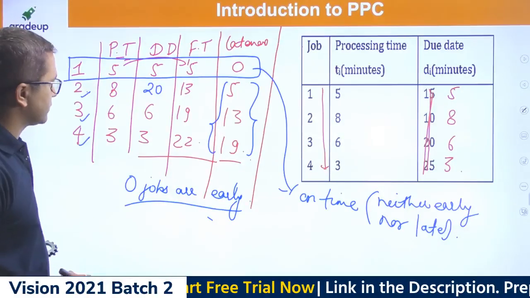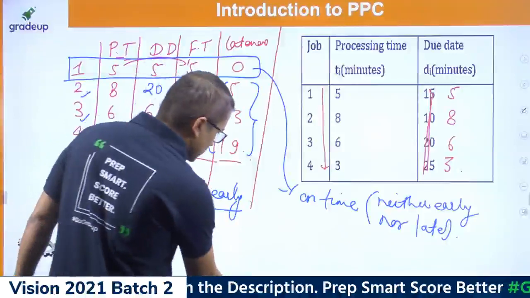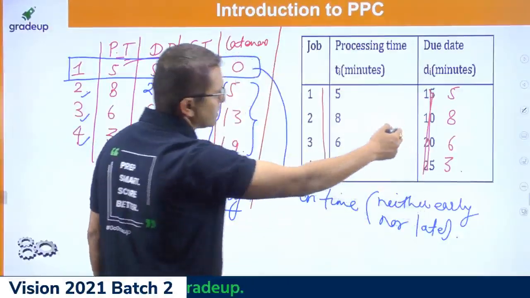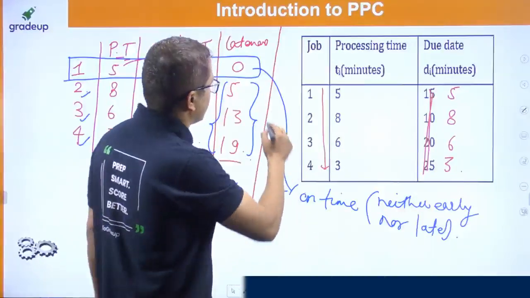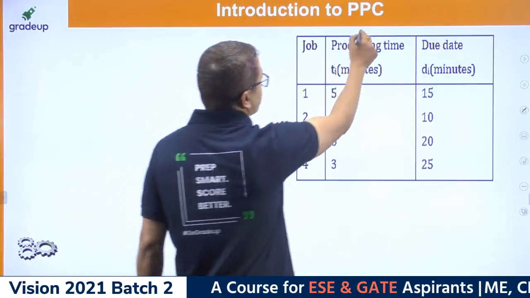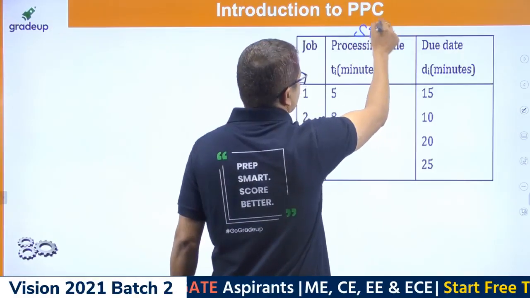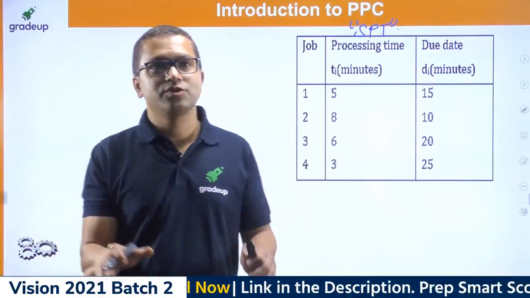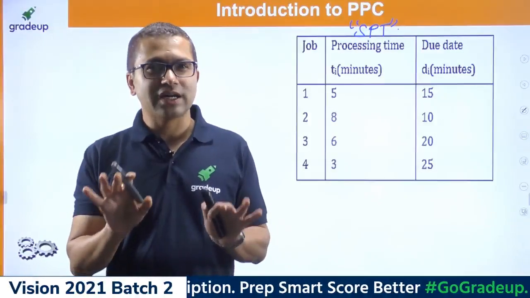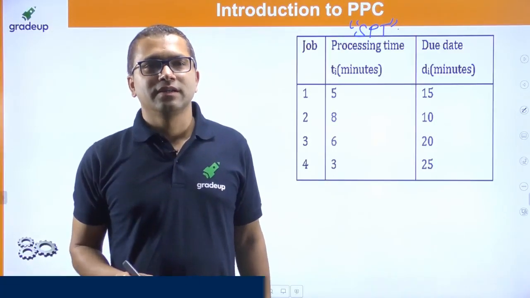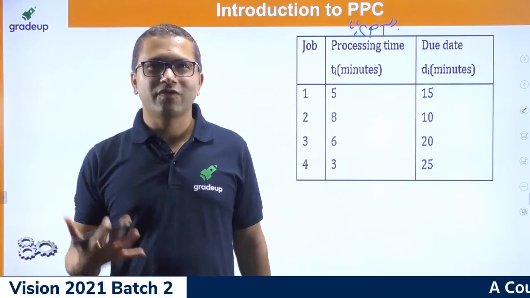Okay, fine. So now what you need to do is process this whole thing using shortest processing time. Can you do that? Similar to whatever we have done, can you please sequence this according to shortest processing time, and just tell me how many average jobs are late? So can you please do this? You have 5 minutes, guys.